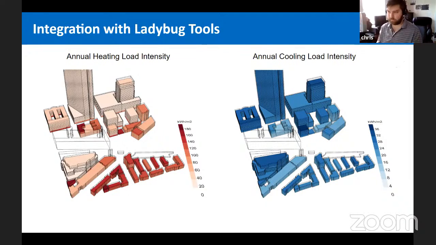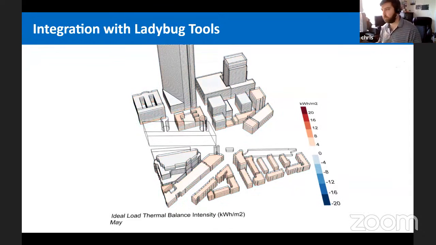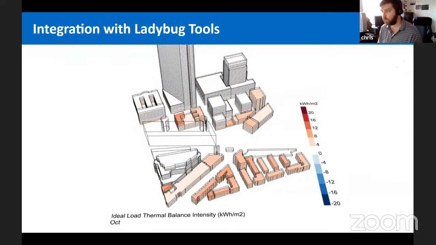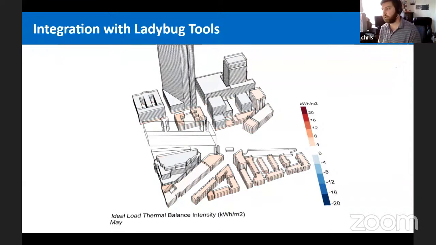And so at face value, this allows you to understand which buildings are driving heating versus cooling over a district. We can see that, let's say, these residential buildings have a lot more heating demand than the commercial ones. And importantly, we can also scroll through the results on a finer time step basis. So for example, here's that exact district, but we're scrolling through the months of the simulation to see which months have the most overlap in heating and cooling loads. And we see some of those months, like in May or October, I think, we had some buildings that were heating and others that were cooling dominated.